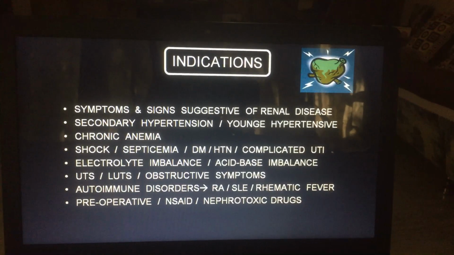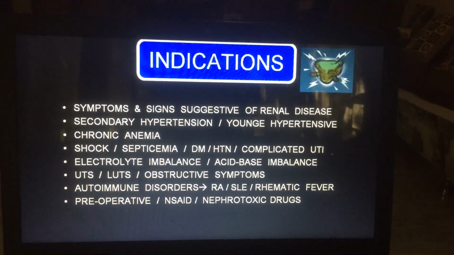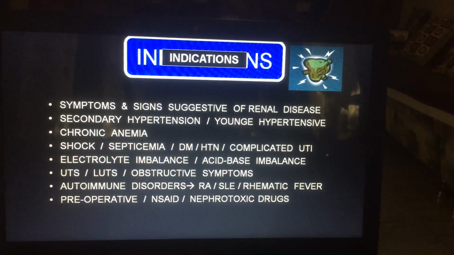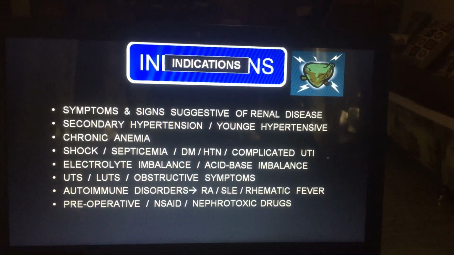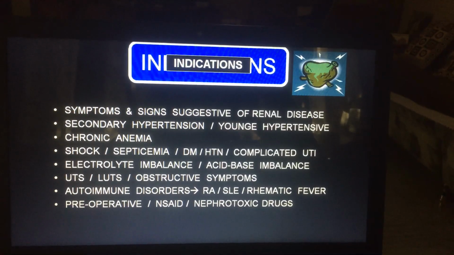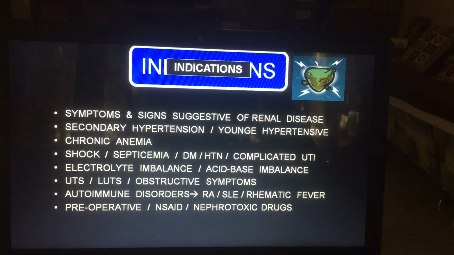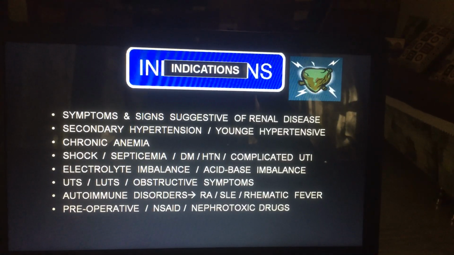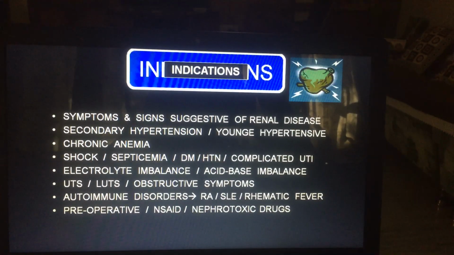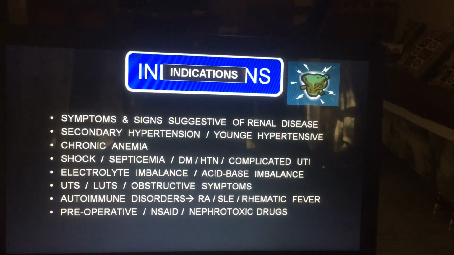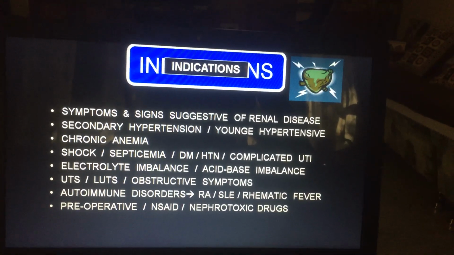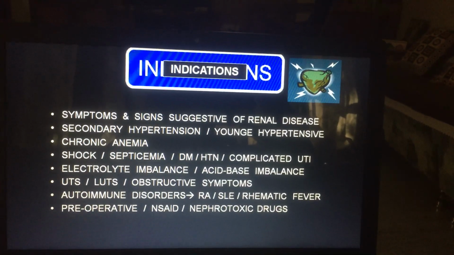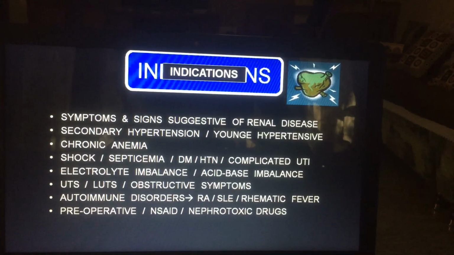Now, indications in which we do renal functions: any symptom or sign suggestive of a renal disease, secondary hypertension, young hypertension, chronic anemia, in the person who is having shock, septicemia, diabetes, hypertension, complicated UTI, because that will give rise to a cause called AKI or CKD, electrolyte imbalance, acid-base imbalance, person who is having symptoms of upper urinary tract